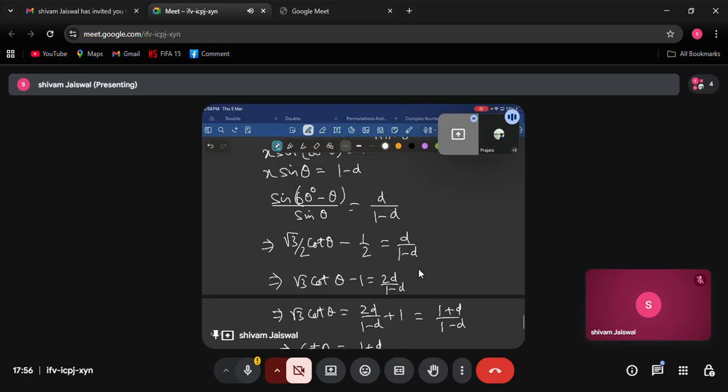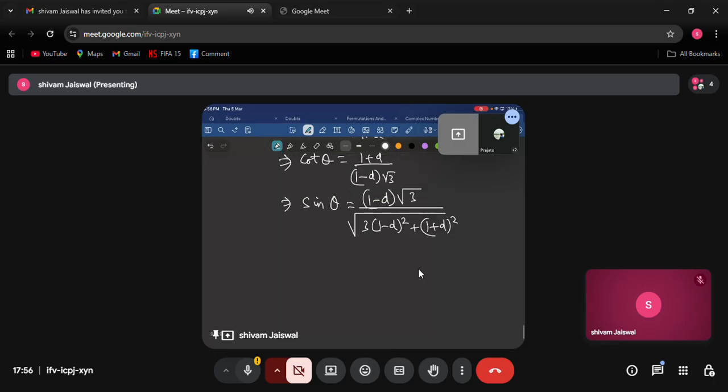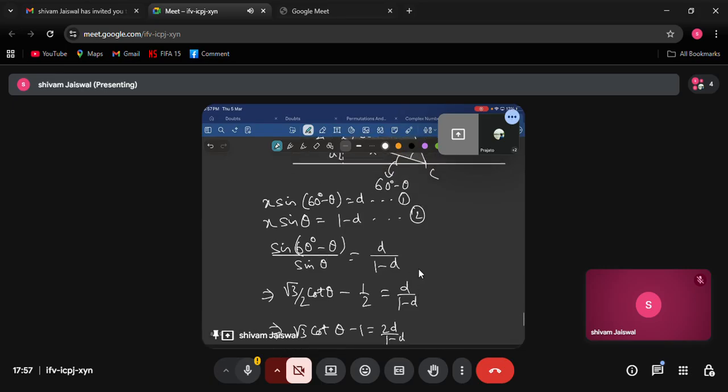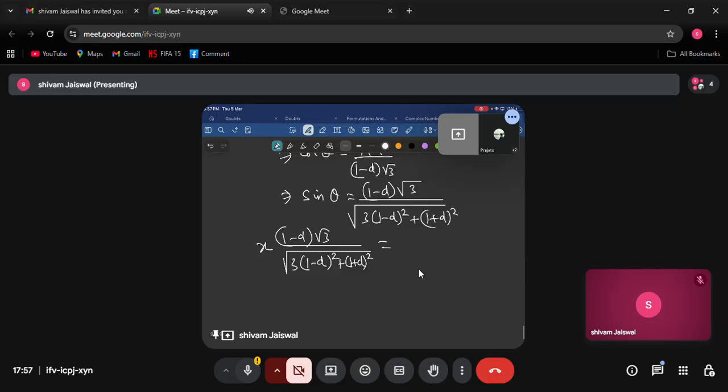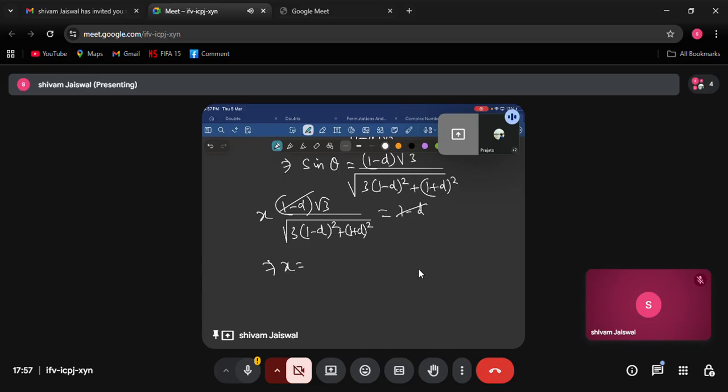So substituting sin theta in the second equation, x into sin theta, that is 1 minus d into root 3 upon root over 3 into 1 minus d square plus 1 plus d square, will be equal to 1 minus d. 1 minus d gets cancelled. So x is equal to 1 by root 3